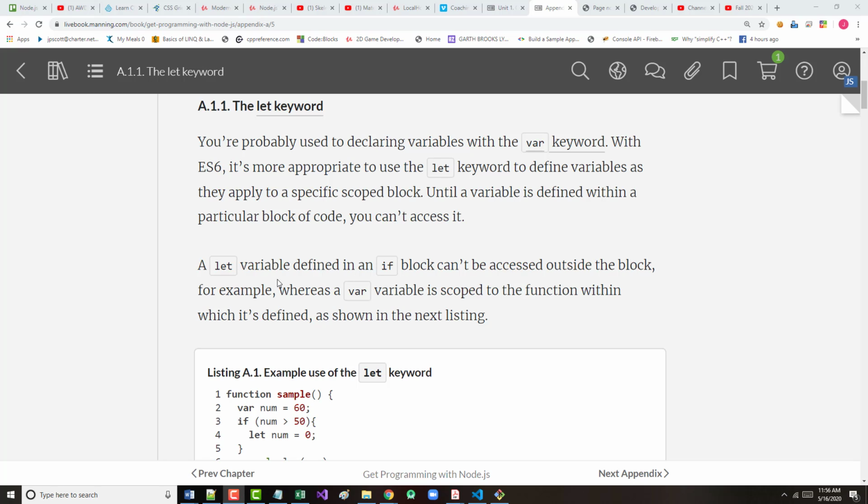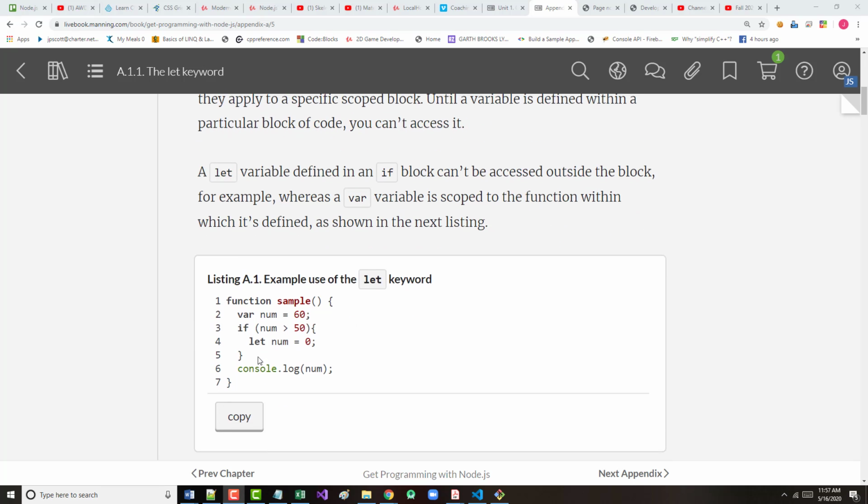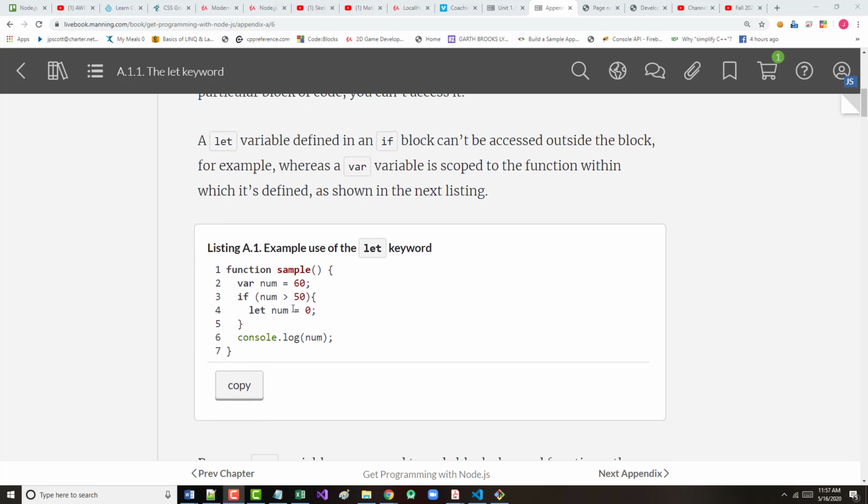Alright, and when we were in the AWD1111 class, we basically created every variable and put var in front of it. Alright, that is highly discouraged today. It says with ES6, it's more appropriate to use the let keyword to define variables, as they apply to a specific scoped block. Alright, unless a variable is defined in a particular block of code, you can't access it. So in other words, we've got in here let